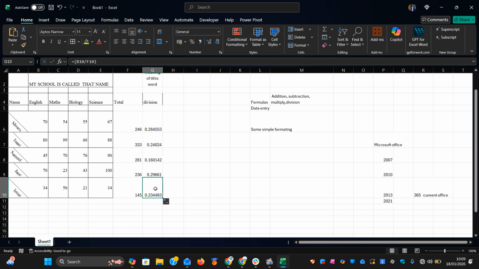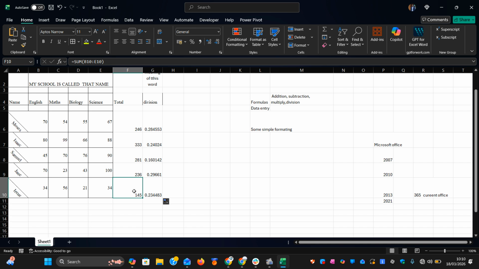the answers, but it will divide these numbers based on the column that you want to divide. So here in the last one, it is dividing B10, whereby B10 is number 34. So B10 divided by F10, and F10 is number 147. All right? So that is basically how we deal with the first